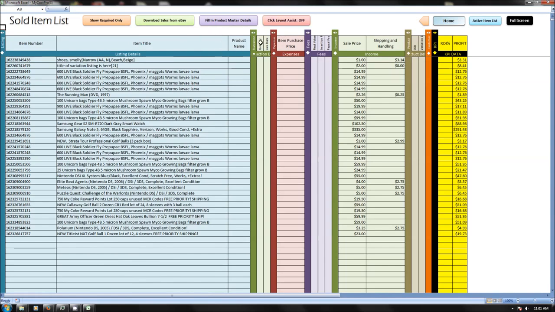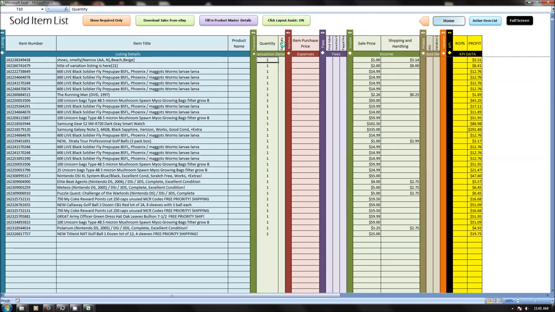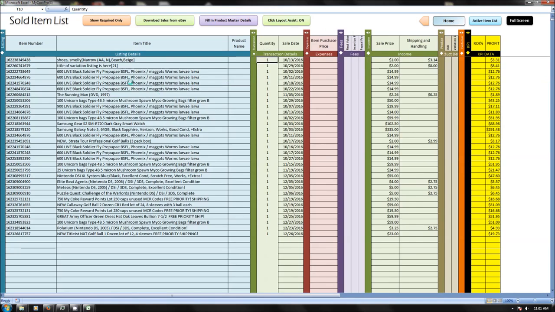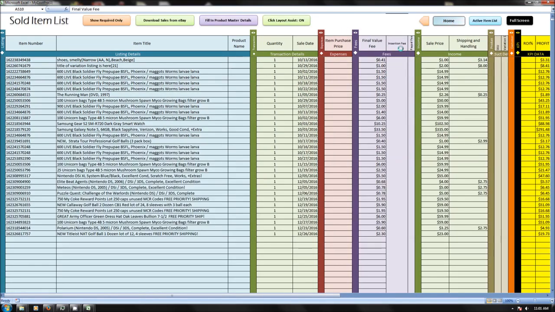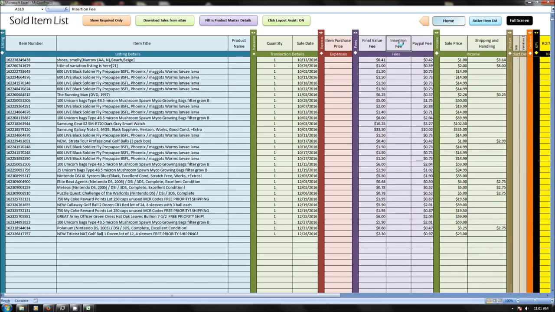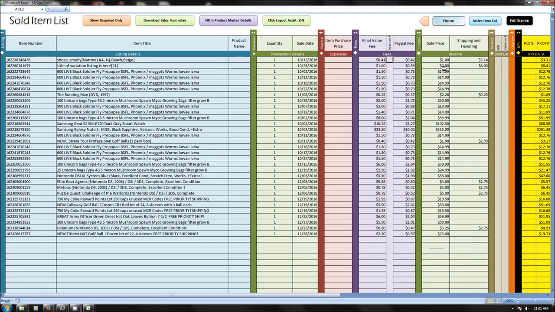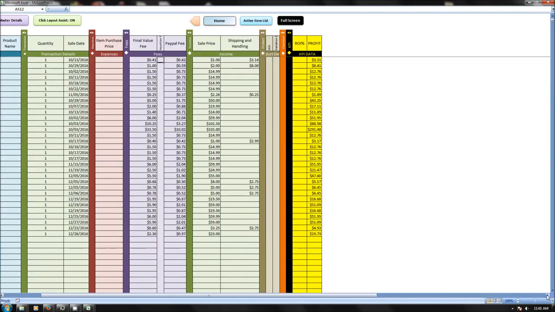So you have your sales here, you have your quantity sold, the date that it sold, the listing details, the item number, the final value fees, PayPal fees, the shipping prices that you charged, the actual price that you charged. And then in this customer information